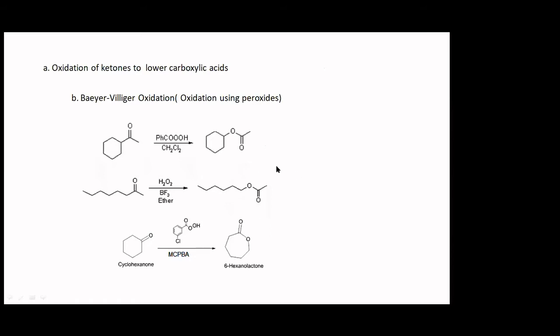Oxidation of ketones, this is Baeyer, that is another one, which is oxidation of ketones, specifically Baeyer-Villiger oxidation. In this case, you are going to use a peroxide. Any peroxide can be used. Metachloroperoxybenzoic acid can be used. Hydrogen peroxide can also be used. Along with that, BF3 is used, which is a Lewis acid. Okay. So in this case, ketones will be oxidized to an ester.